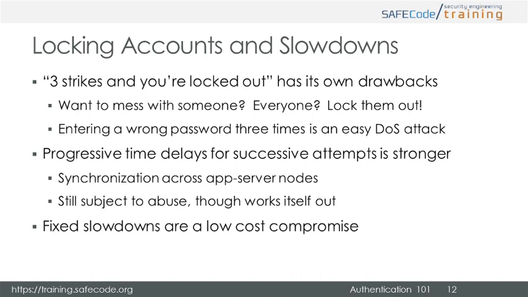A stronger, more flexible approach is to set up progressively increased slowdowns for each unsuccessful logon attempt. There may be no delay until the second failed attempt, at which point the delay time increases between each successive attempt. This method, while effective, does carry a higher degree of complexity. To implement this method effectively, you would need to synchronize it across application server nodes. Otherwise, an attacker could burn up their one failed login on one app server node, then switch to another app server or application. This is difficult to implement within the current web service infrastructure.